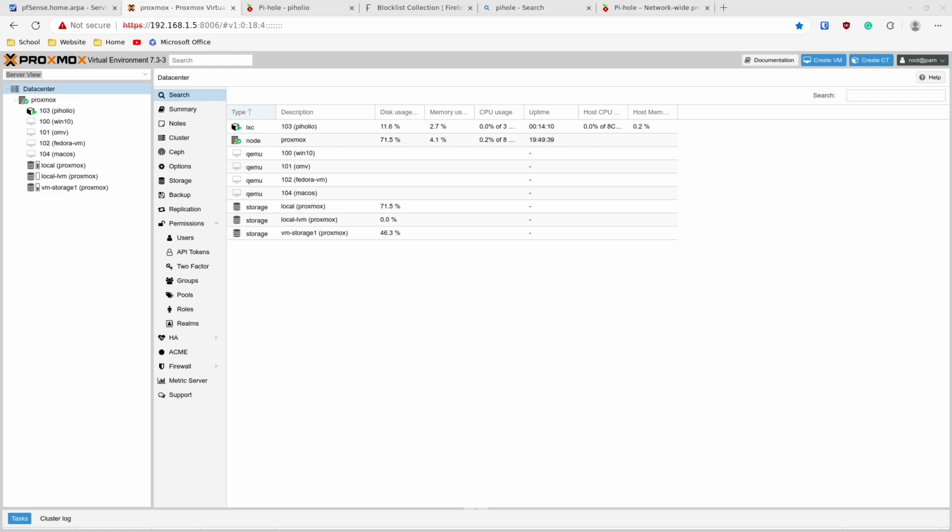So Pihole, if you're not aware already, is a DNS server that you can run at home that will assist you in blocking trackers and ads and all sorts of things. More specifically, it's not just a DNS server, it's considered like a black hole or a sinkhole DNS server, which means that